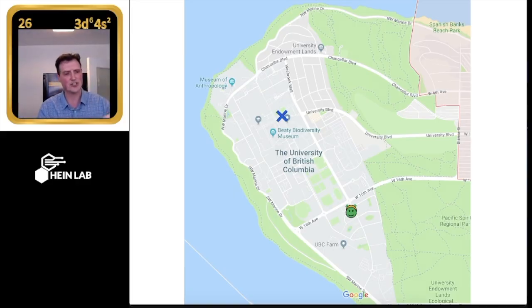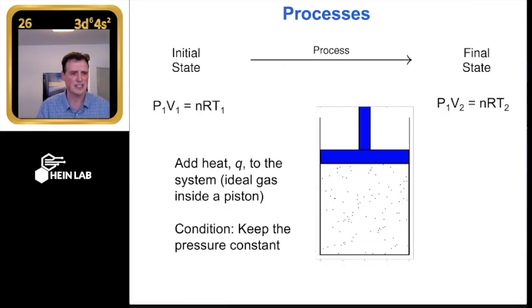Paths can change, initials and finals do not. And this is why we define them as different things. State variables sit, they are irrespective of the path. The path, though, can be described as long as we have enough information about what that path is, okay? So, this is where we're going to kick off today. I'm going to talk just about this idea because we're introducing this concept of a piston.